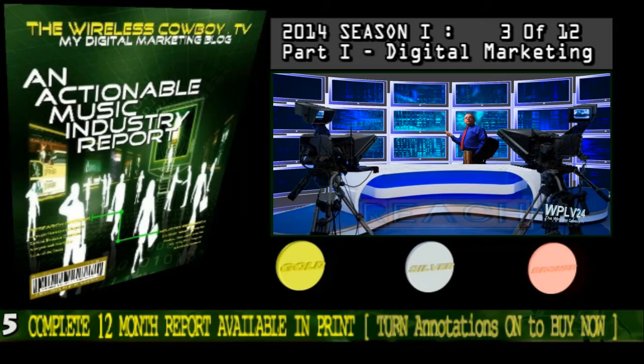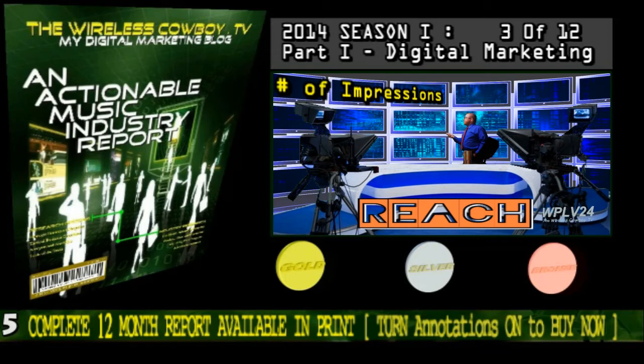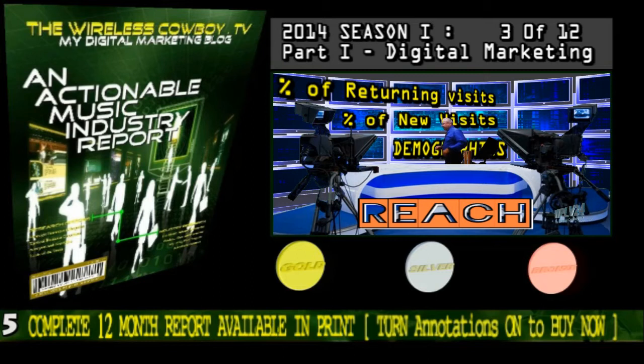Marketing goal number 1 and its key performance indicators. What are we talking about? Reach. Now, in order to monitor key performance indicators for reach, here are some of the values to consider: the number of impressions served, the number of visits, the number of new unique visits, the percentage of returning visitors, the percentage of new visitors, and of course, visitor demographics.